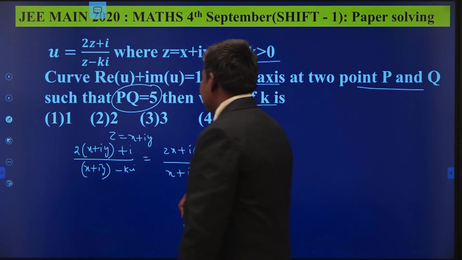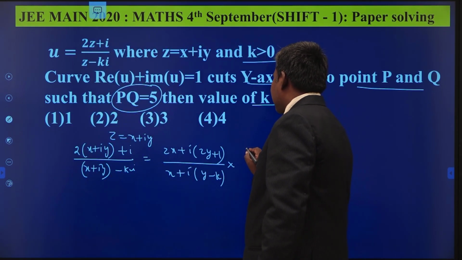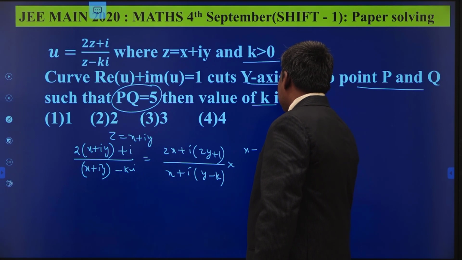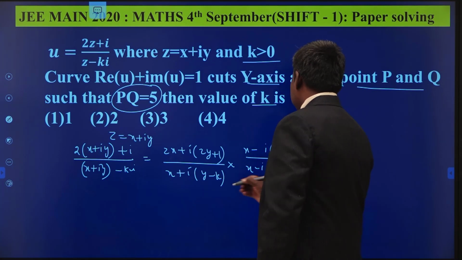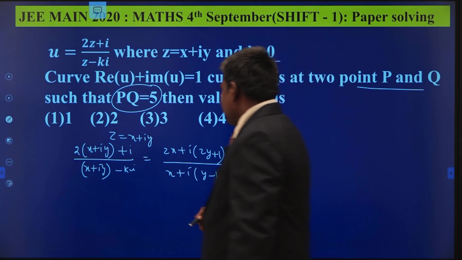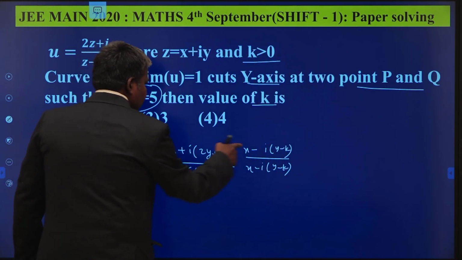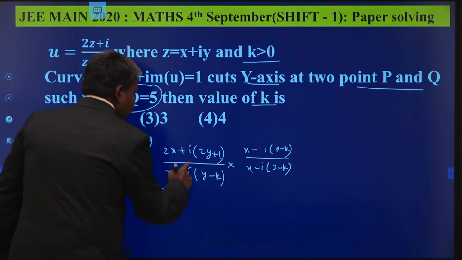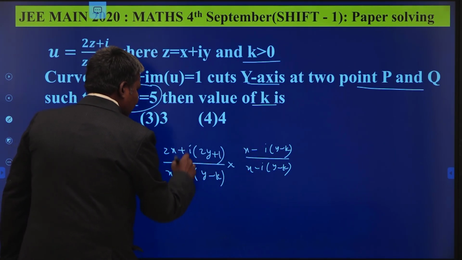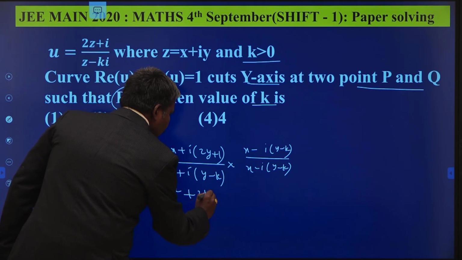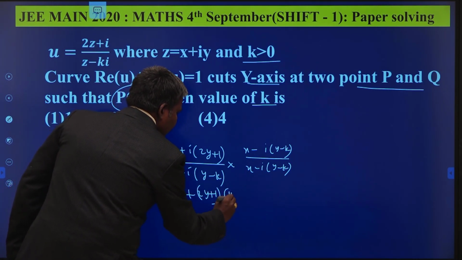I am going to write this in the form a + ib, so multiply and divide by x - i(y - k). This is nothing but 2x², i² gives minus 1, minus times minus gives plus, (2y + 1)(y - k)